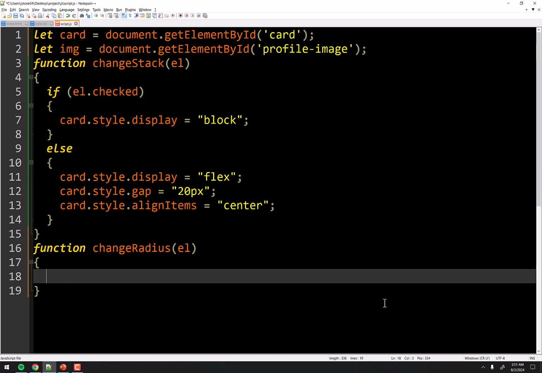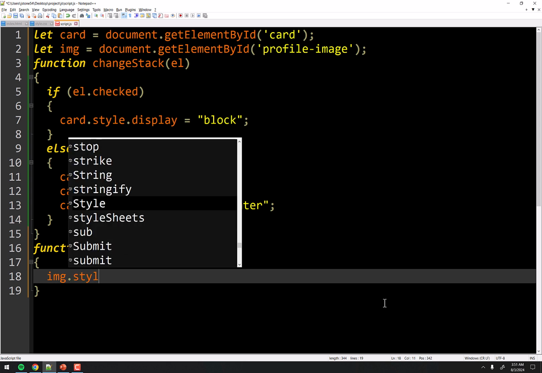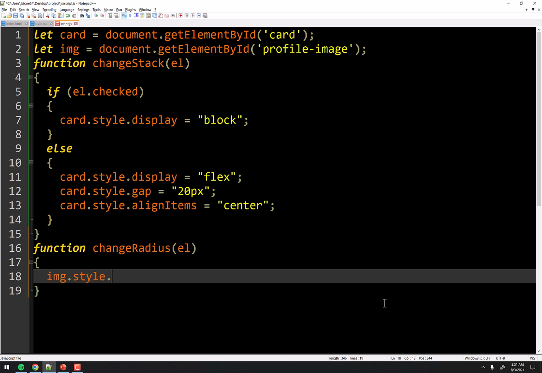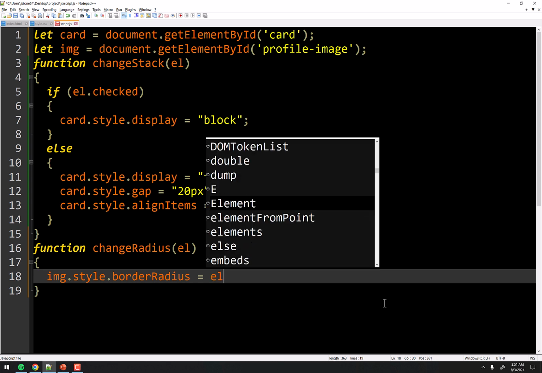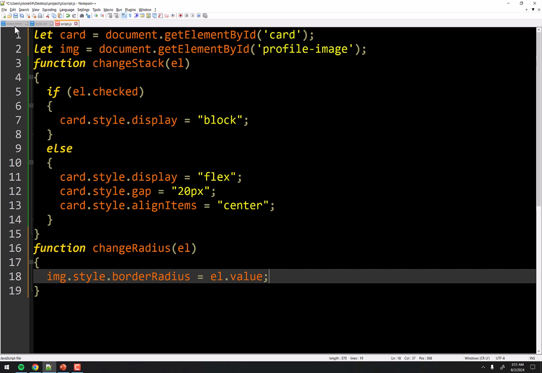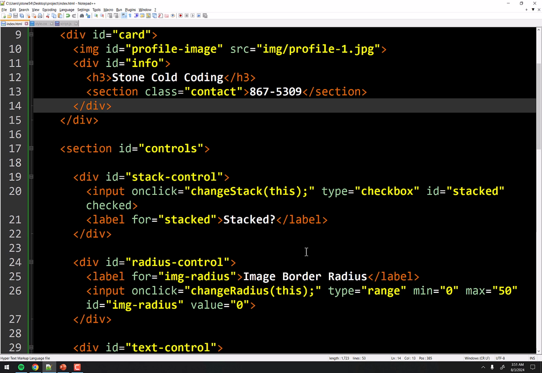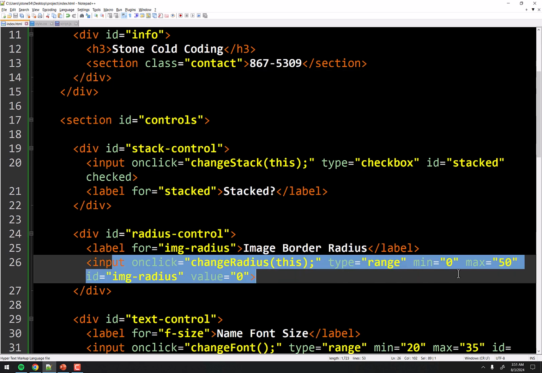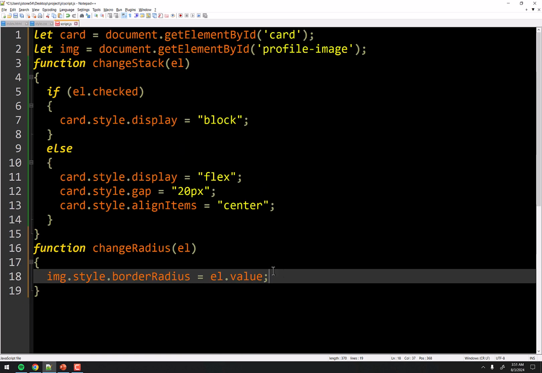Down here in this function, image.style, I want to change the border radius. Well, in CSS, that's border-radius. So what is it going to be here? Border radius. Now this is a little tricky. If I just do element.value, which again is the value of whatever the slider is set at when we click on it right here, that's not quite enough, because we don't want the border radius to be 20 or 30 or 12.